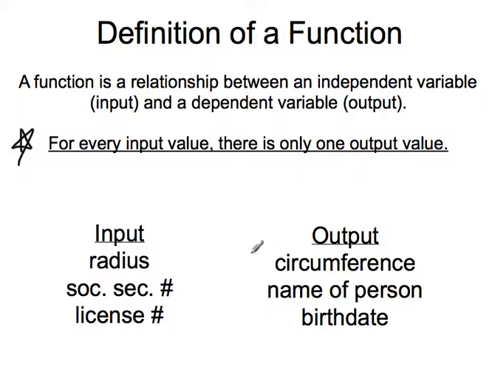The first one actually is a function. If I put in the circumference of a circle, there's only one radius that could give me that circumference. So that would be a function whether this is the input and this is the output, or vice versa. All right, let's take a look at what a function looks like